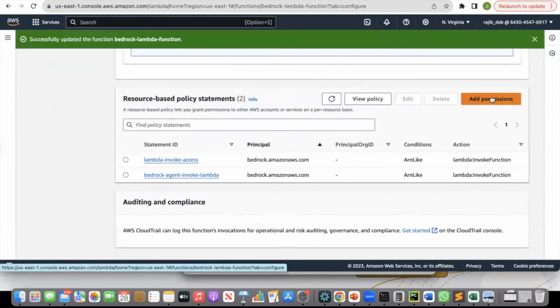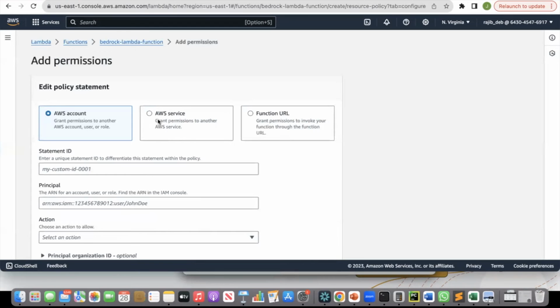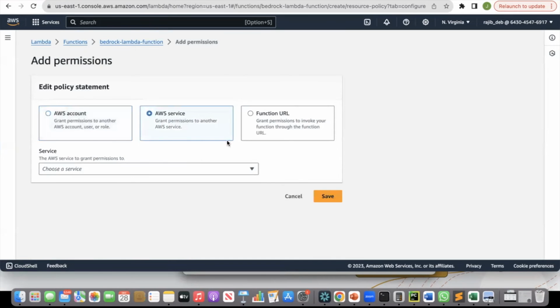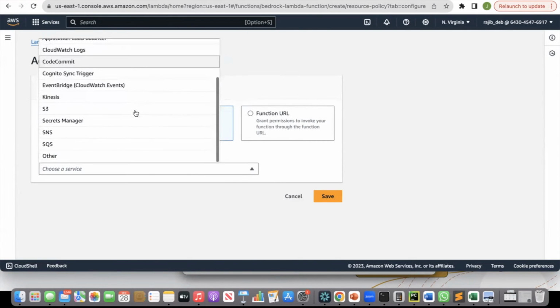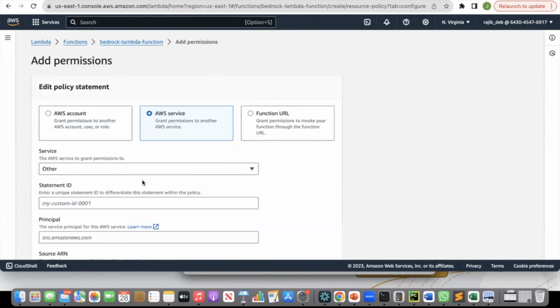I will add permission, right? Resource-based policy statement is what I need to create. I'll add permission. It's an AWS service that I'm giving, because the AWS service here is Bedrock. So within that service, I need to give access to the agent to invoke the function. So choose a service. Bedrock you'll not find here, so you choose other. When you choose other, give a statement ID first. A unique statement ID, I'll say Bedrock